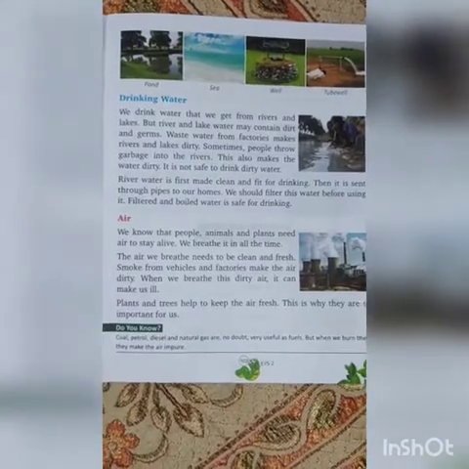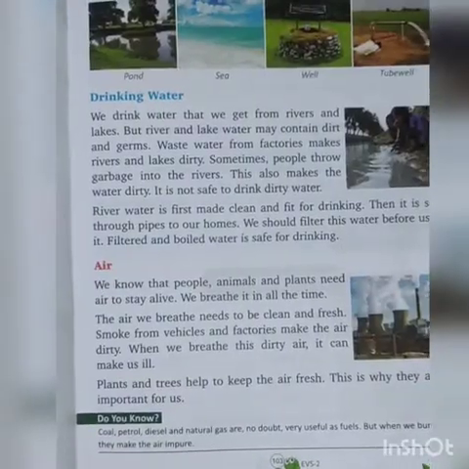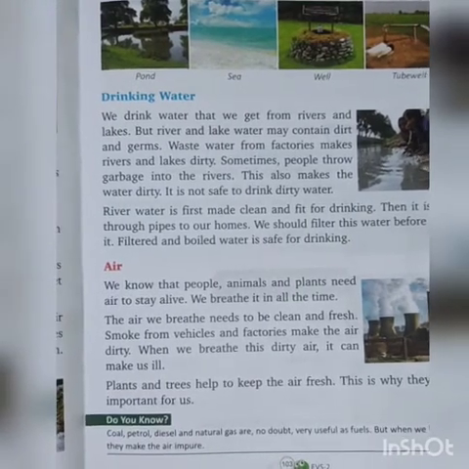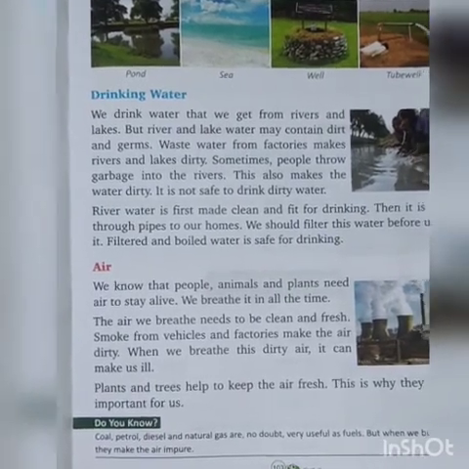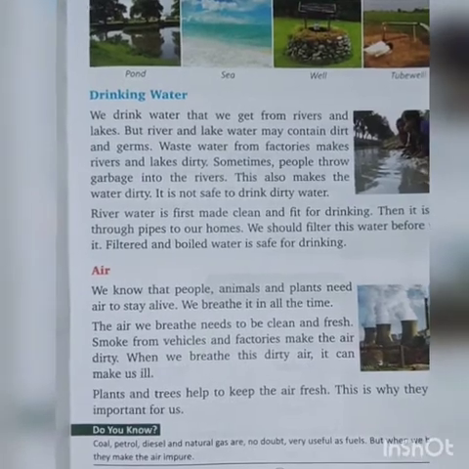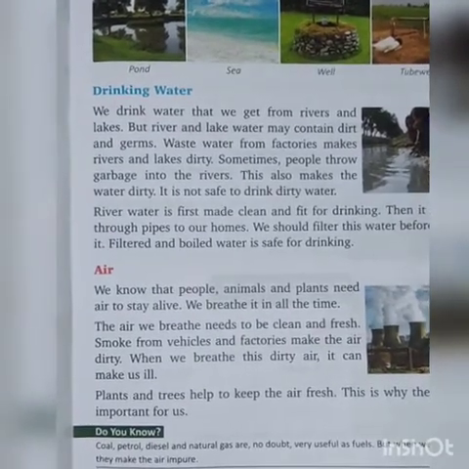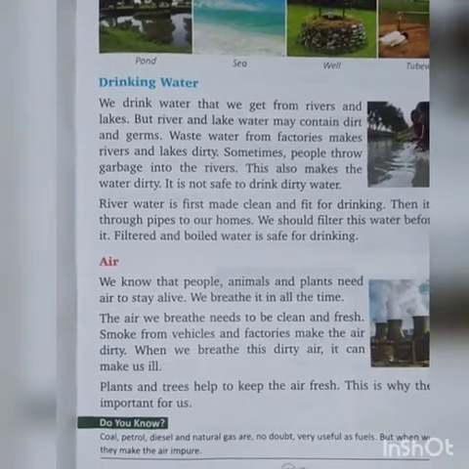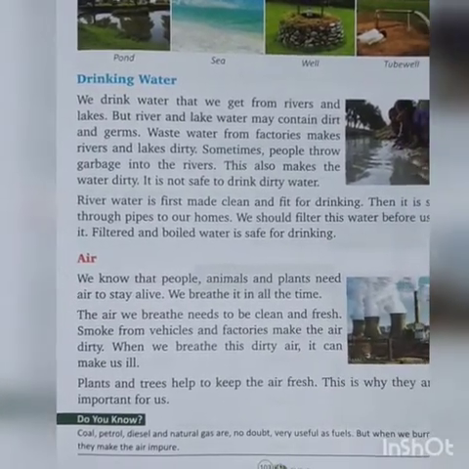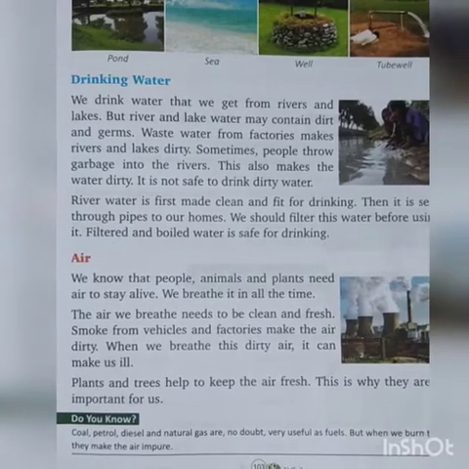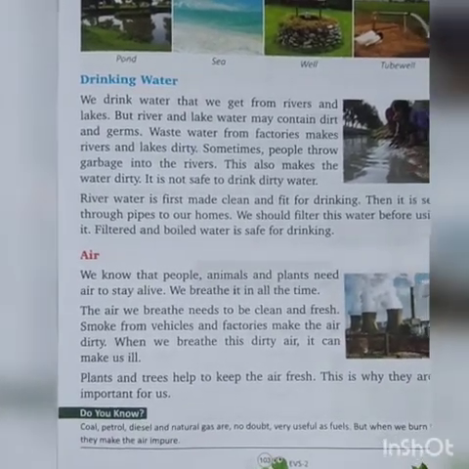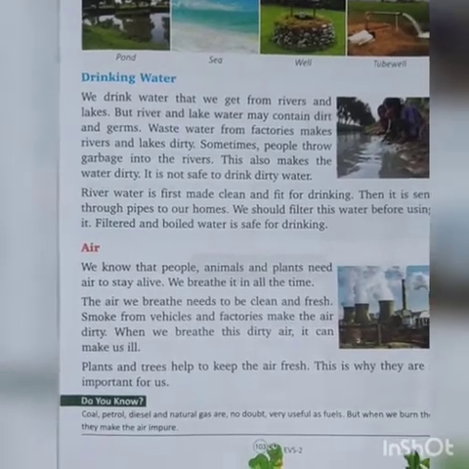No, we cannot survive. The air we breathe needs to be clean and fresh. Smoke from vehicles and factories makes the air dirty. When we breathe this dirty air, it can make us ill. If you are not taking fresh air, you may get some health disease.